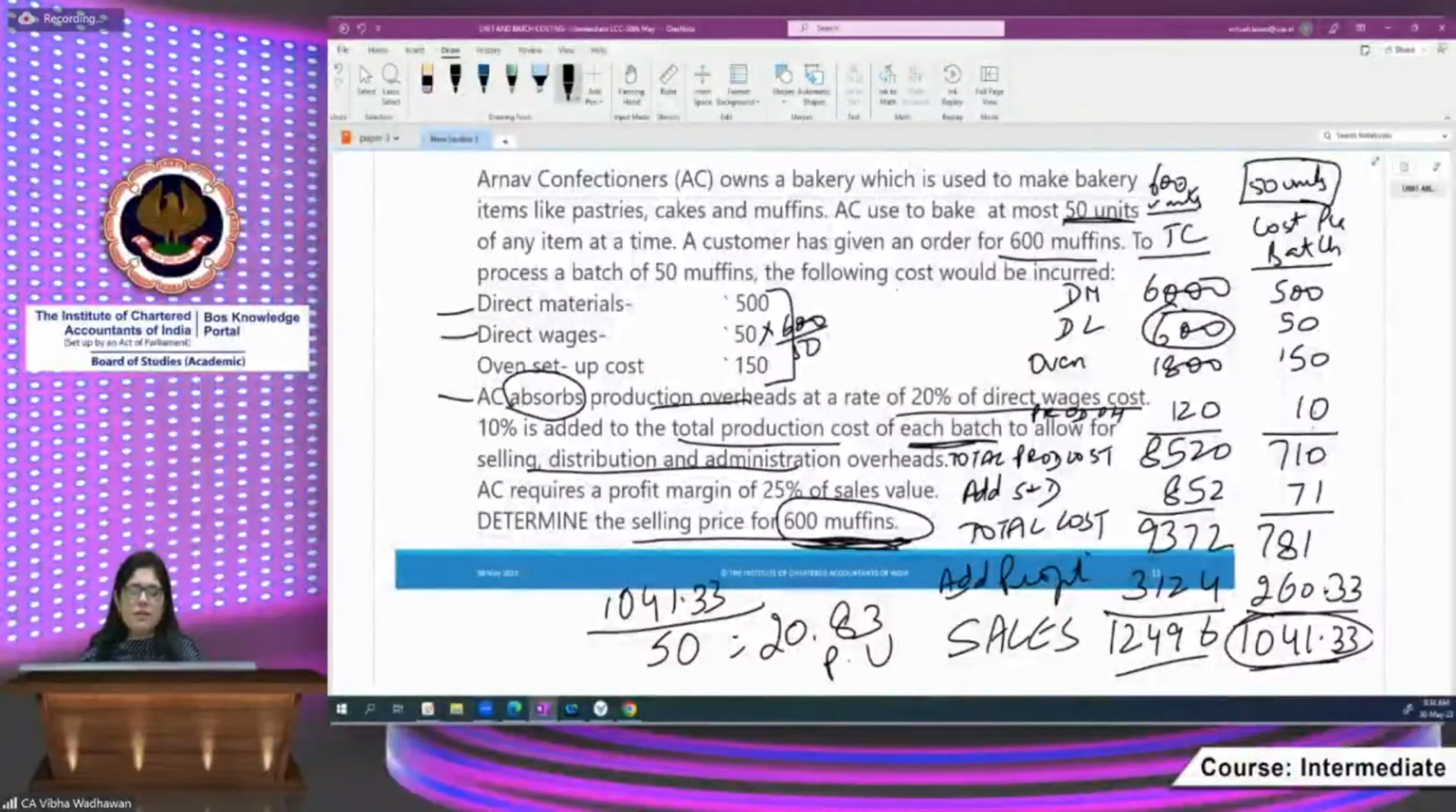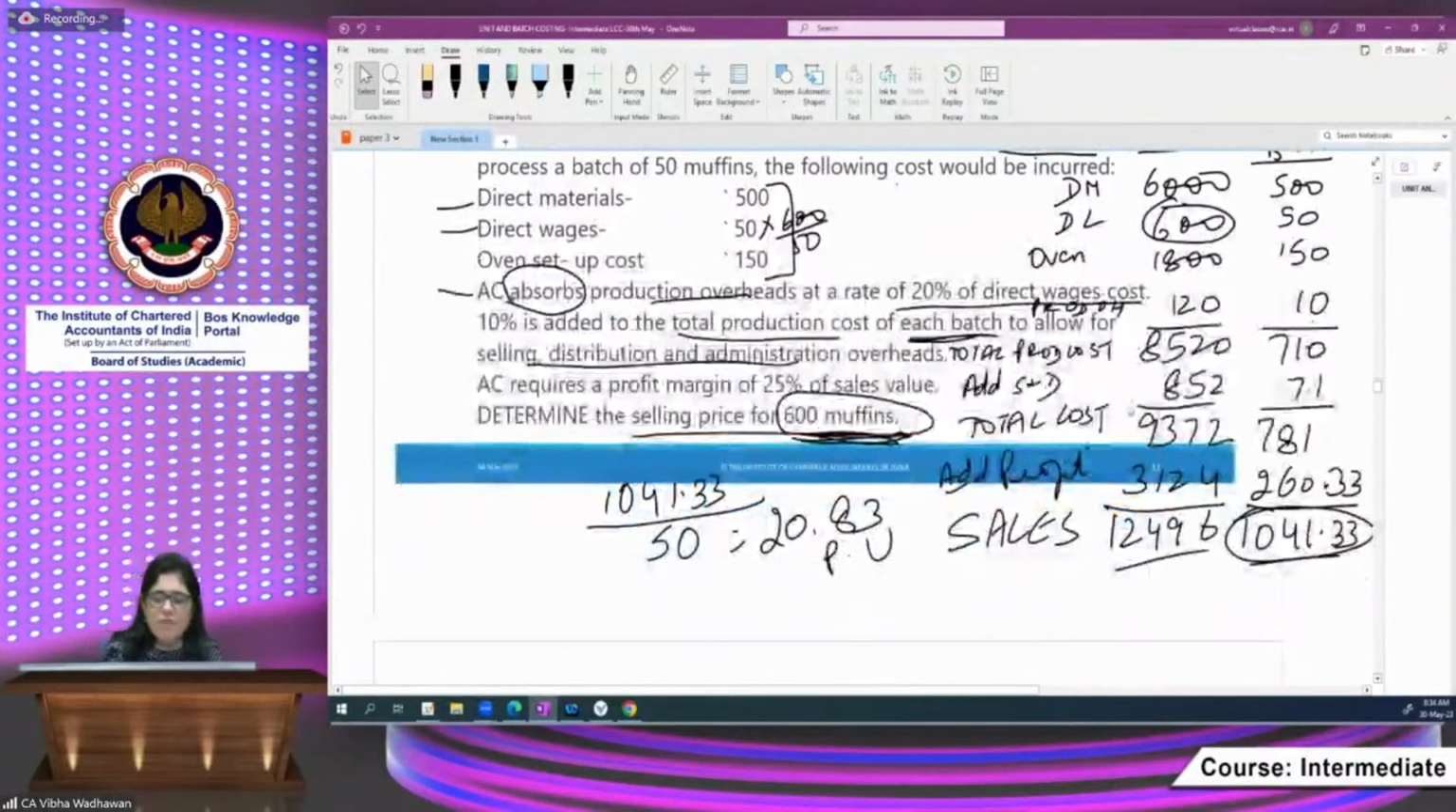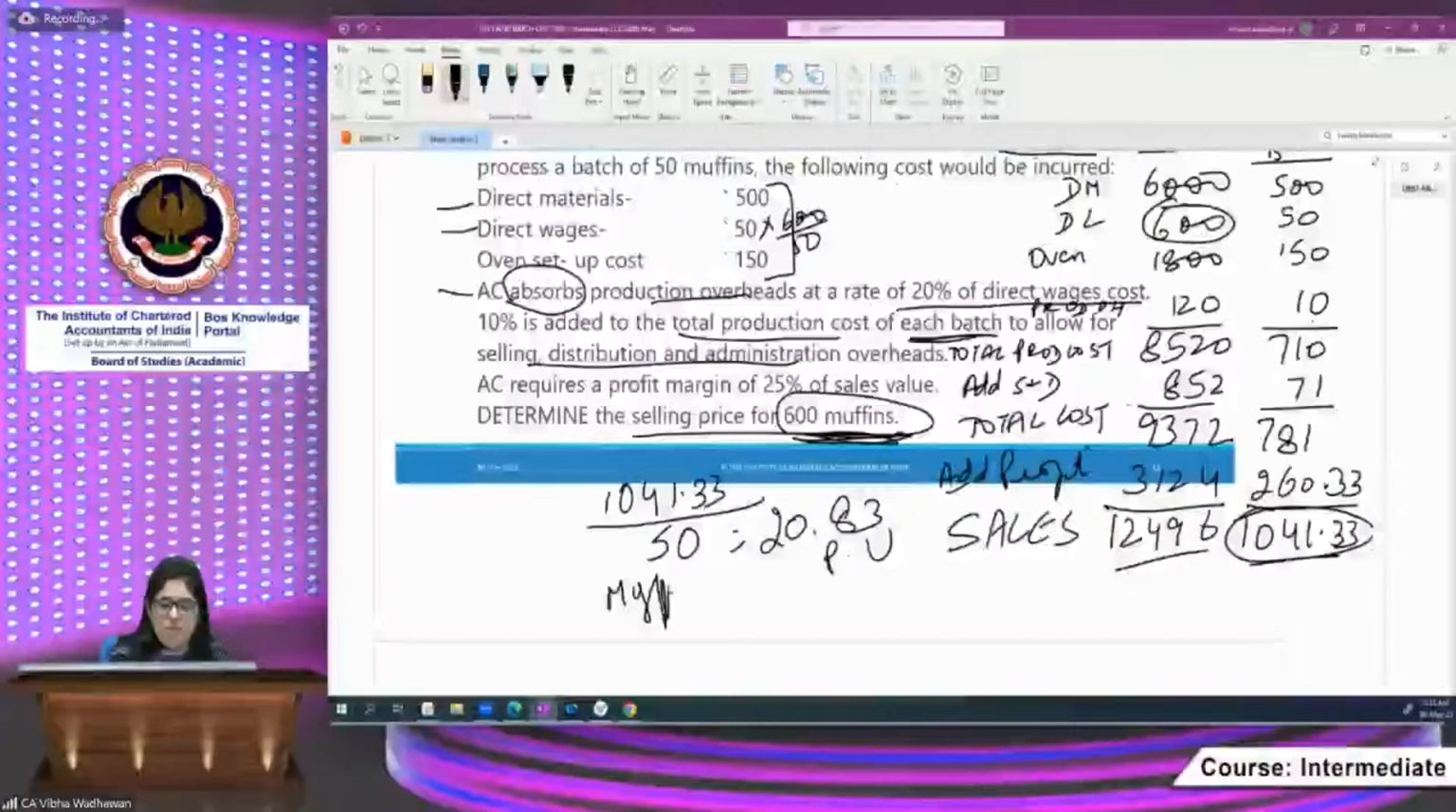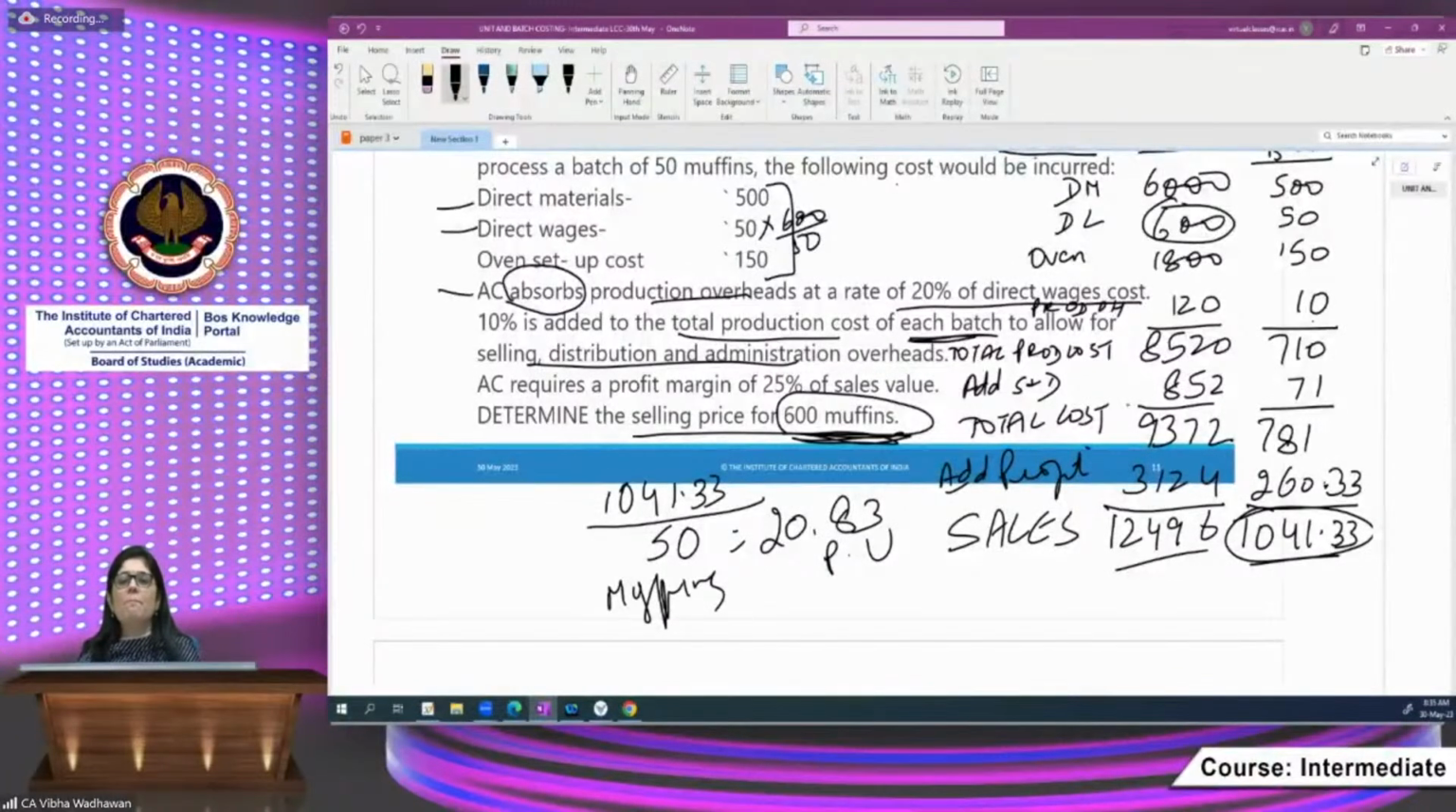So 1041.33 divided by 50 muffins. 50 muffins. Clear? Is equal to 20.83 per unit. So the selling price for one muffin is 20.83 and the selling price for one batch of muffin of 50 muffins is 1041.33 and the total sales for 600 muffins is